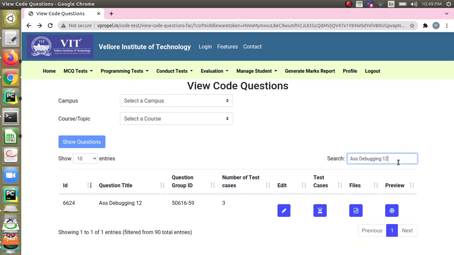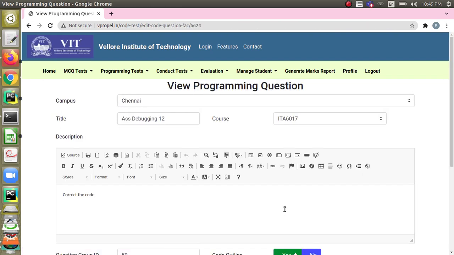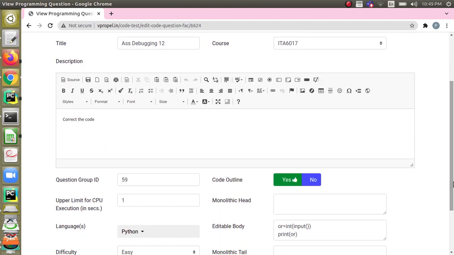Next we are going to see an example where we do not have even a pre-code or a postcode, but we expect the student to understand. There may be some mistake, there will be some mistake, right? Either syntactical or logical mistakes we have to make intentionally, and we have to check whether they are able to identify and correct it. So I have given in the description, correct the code, that's all.